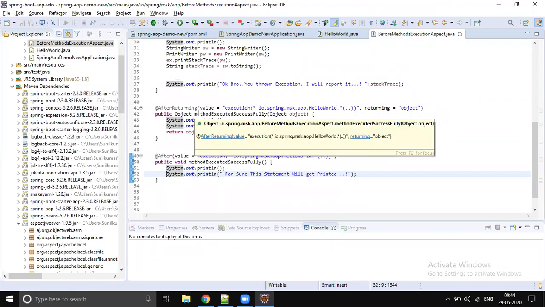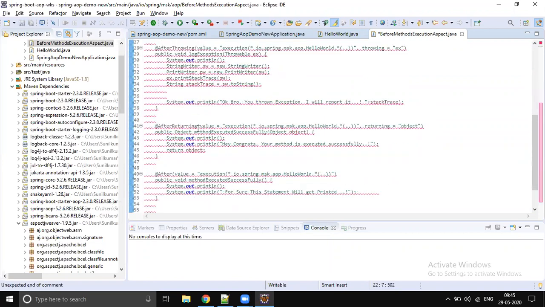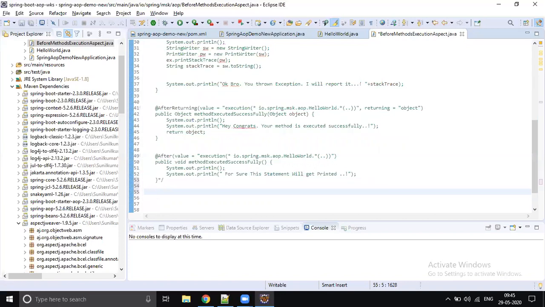So instead of doing these things in bits and pieces, if your requirement is all of these, before, after, or any one of these two, instead of writing multiple advices, you can write only one advice. It's like a kind of entry pass, a combo ticket. You can go ahead and do whatever you would like to do.